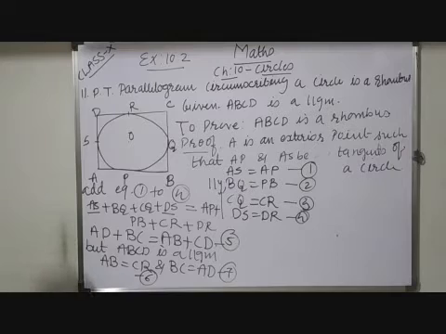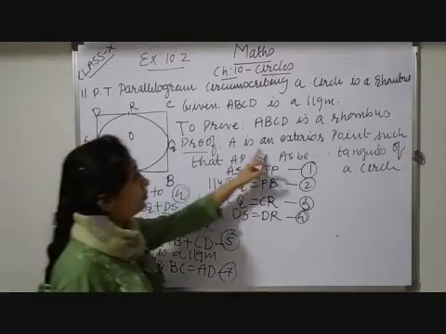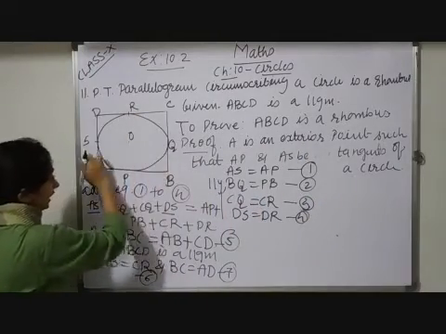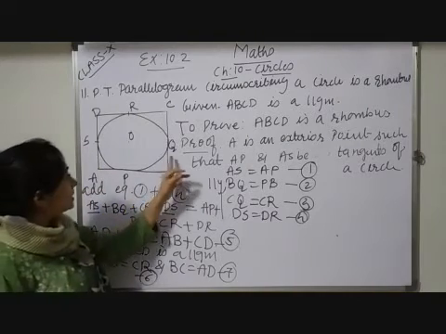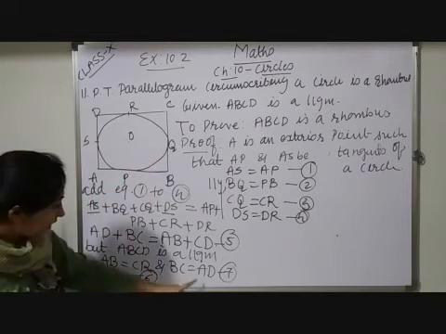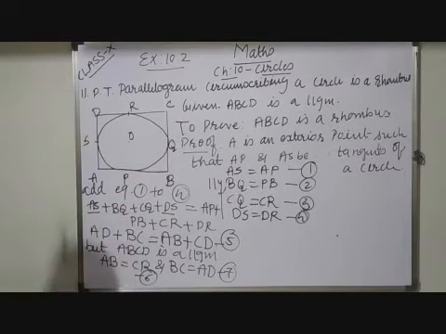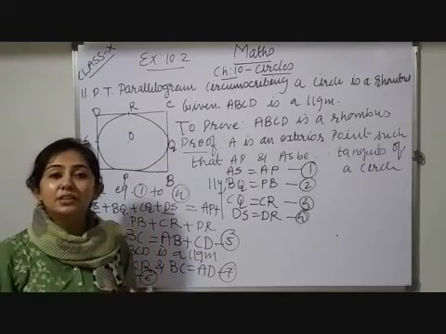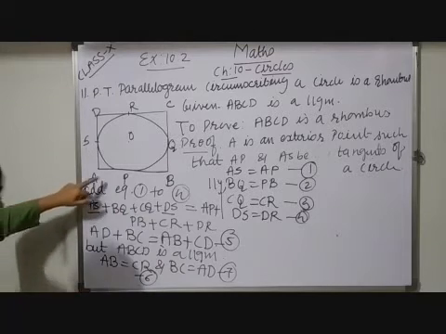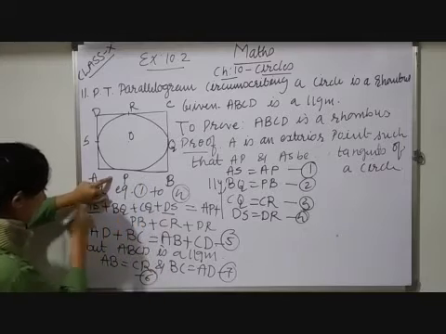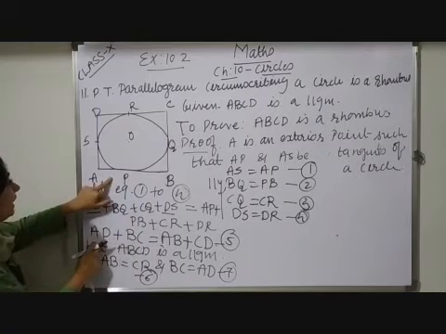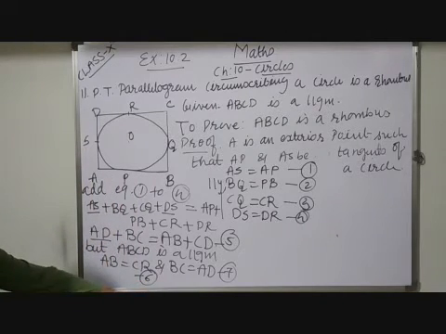Now, to prove it is a rhombus, I have to prove all sides are equal. Now observe, these both are equal, these both are equal. If I am able to prove AB is equal to BC, then based on these two equations I can say that all sides are equal, and if all sides are equal then it will be considered a rhombus. So in place of AD, may I write BC from equation number 7.